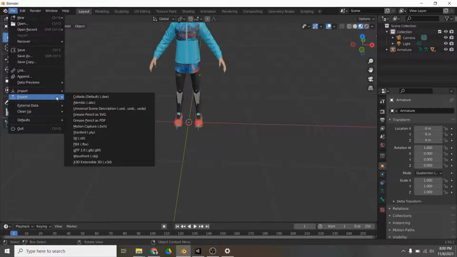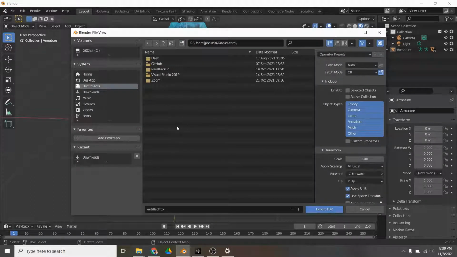And the export as an FBX, that's what Mixamo wants. Couple settings that you want to adjust here. On path mode, you want to change it to copy, and then you want to click embed textures. That way the texture comes with it. Right here, it's going to ask what you want to include. So let's go ahead and say that we don't want the camera, we don't want the lamp, we do want